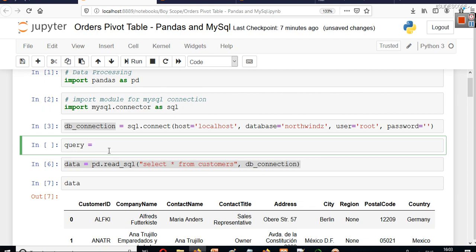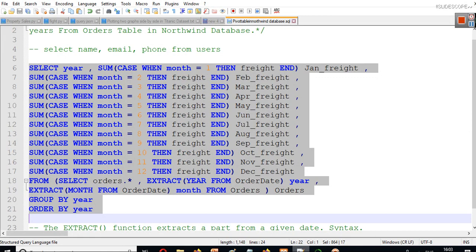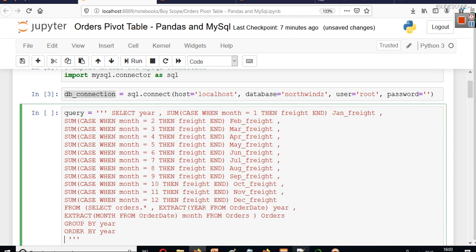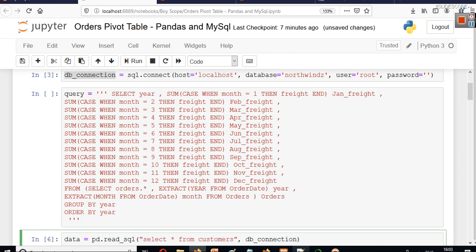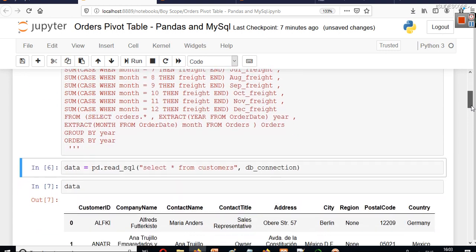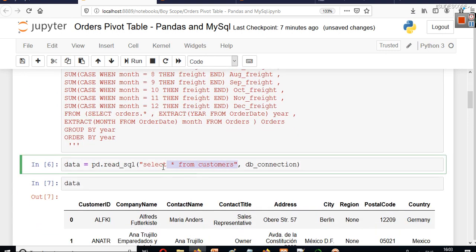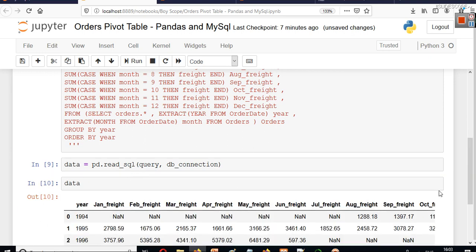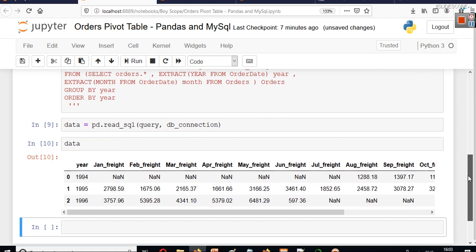Because this query is of multiple lines, for multiple line queries use 3 single quotes. Open 3 single quotes and end 3 single quotes, and in between place your query. Now our query is created, and instead of the query text we can write the query variable here, and now our data will be created, the data that we are reading from that particular table.